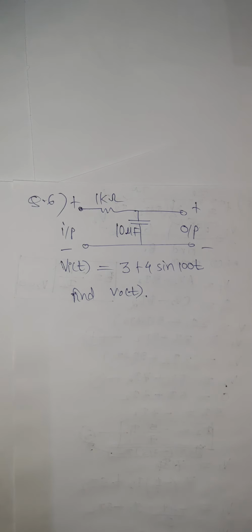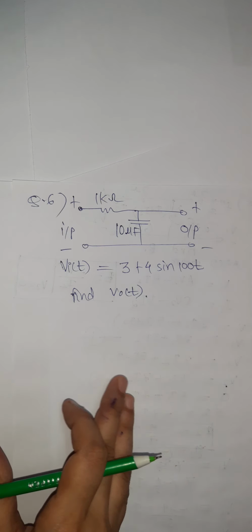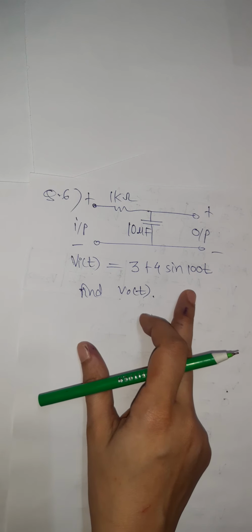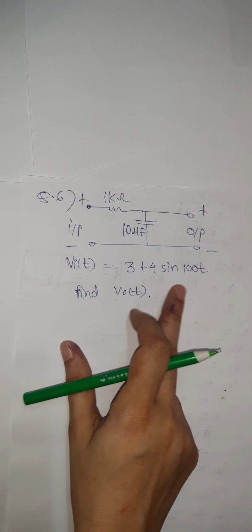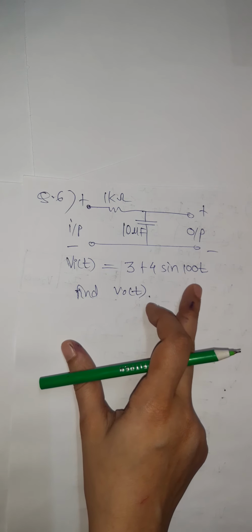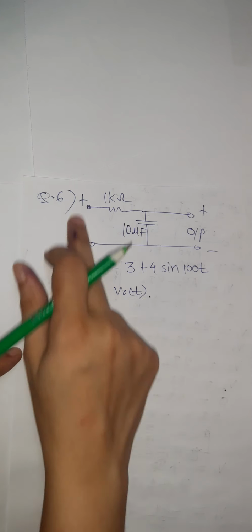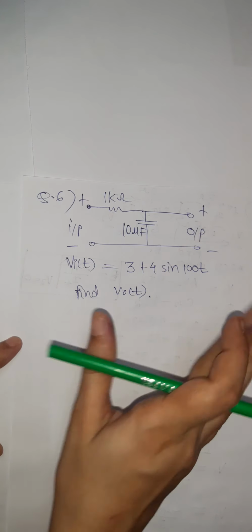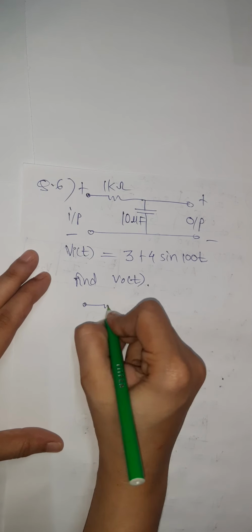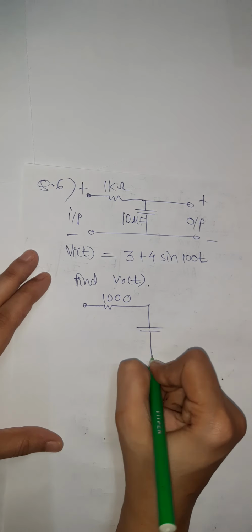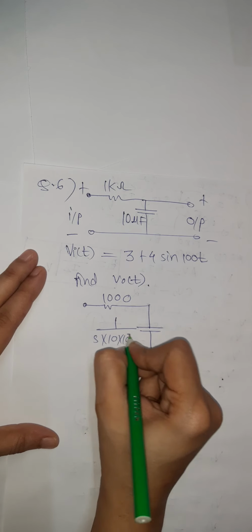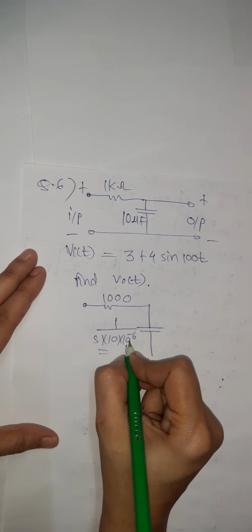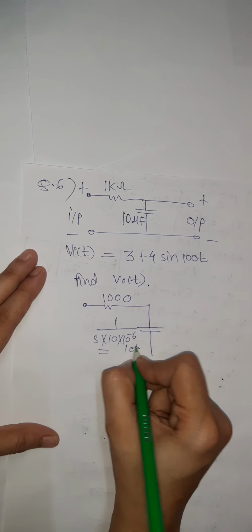So first of all, we will use the property of a standard LTI system. For a sinusoidal input, there is some change in magnitude as well as phase, but the frequency remains the same. So here the frequency is 100t, omega is 100. I will first convert this whole circuit into the S domain. So this will be 1000, and the capacitor becomes 1 by Cs, which is 1 upon s into 10 raised to minus 6. So it will be 10 raised to 6 divided by 10s, that is 10 raised to 5 divided by s.